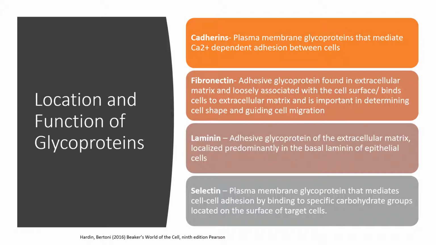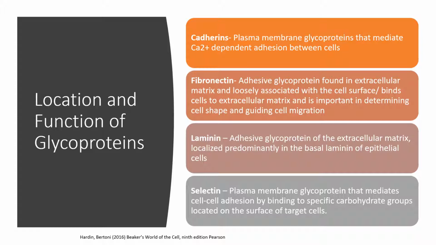I'm going to go over some of the locations and functions of the major types of glycoproteins. First, you have the cadherins, which are plasma membrane glycoproteins that mediate calcium ion-dependent adhesion between cells. Next, you have the fibronectins, which are adhesive glycoproteins found in the extracellular matrix and loosely associated with the cell surface. They bind the cells to the extracellular matrix and are important in determining cell shape and guiding cell